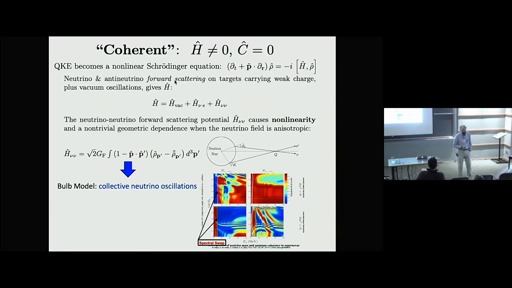So the point is that the potentials in the medium that govern flavor transformation of neutrinos now depend on the flavor states of the neutrinos. So it's fiercely nonlinear. Here's what that Hamiltonian can look like in a bulb model. And there are two takeaways from this. One is that this is the Hamiltonian for a neutrino of momentum p. You can see that the Hamiltonian depends on the intersection angle of the neutrinos in forward scattering, which makes sense, right? So two neutrinos that are collinear and on null trajectories moving at the speed of light are never going to forward scatter on each other.